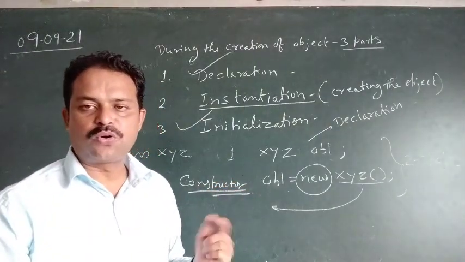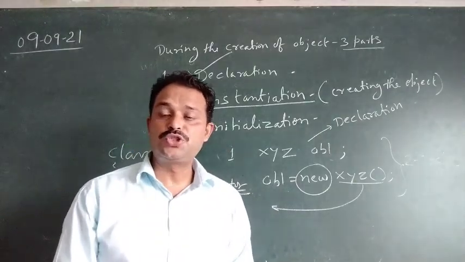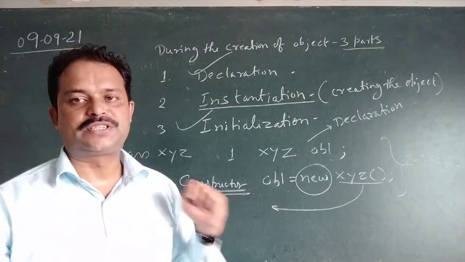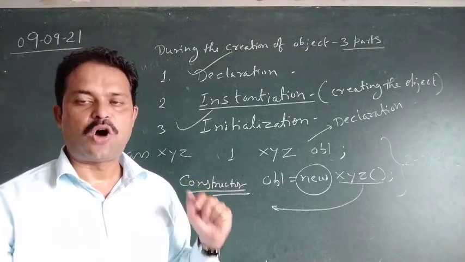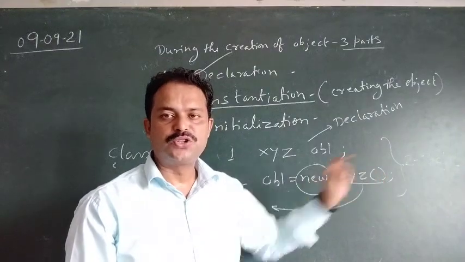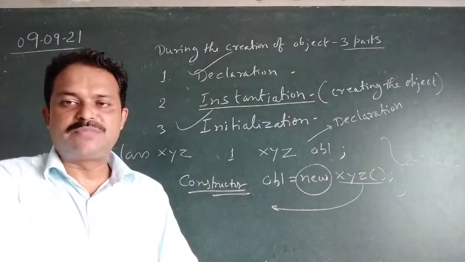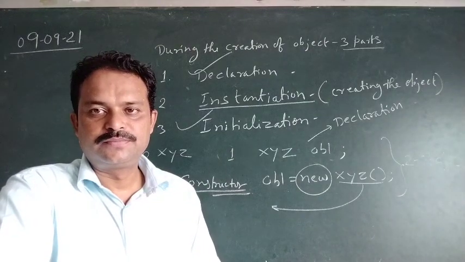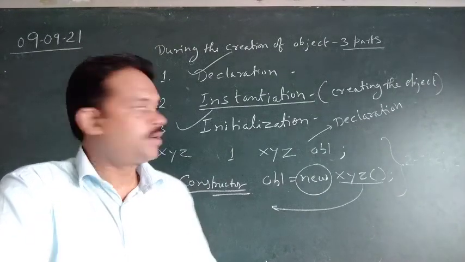And you know the role of the constructor. The constructor is used to initialize the object. So if I am not passing any value here, the object will get initialized by its default values. That is called